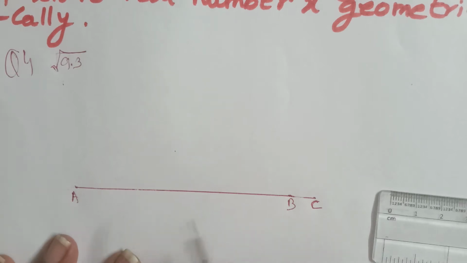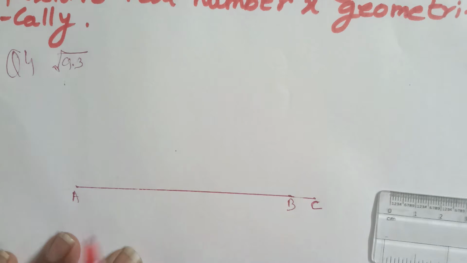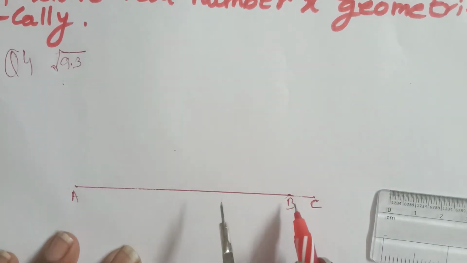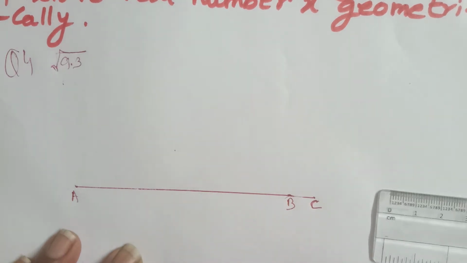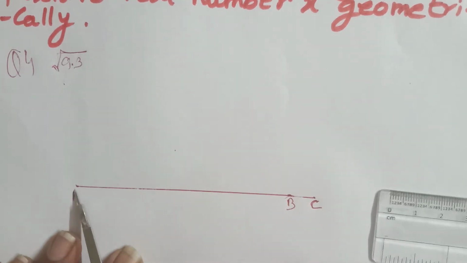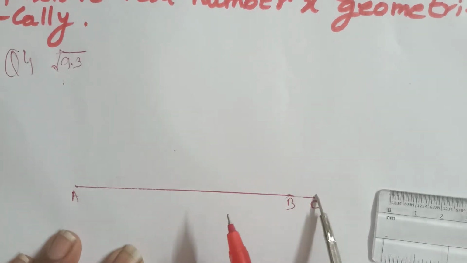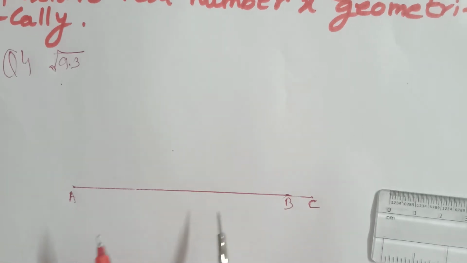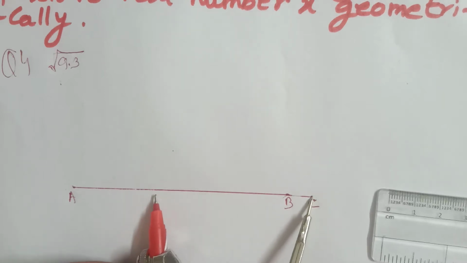First of all, whatever number is given, for example 9.3, we have to draw the line segment and after that extend it by 1 centimeter. The third step is that we need to find the midpoint of AC. AC means the segment after we extended it by 1 centimeter. How do we find its midpoint? We have to take an arc of approximately more than half.